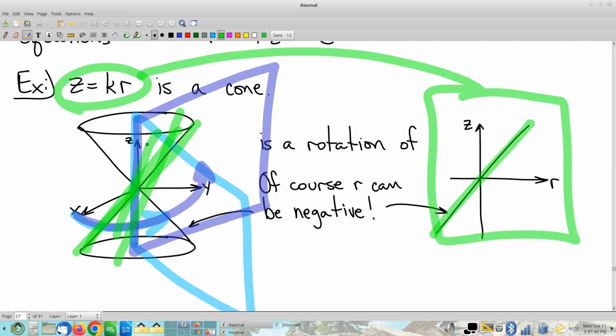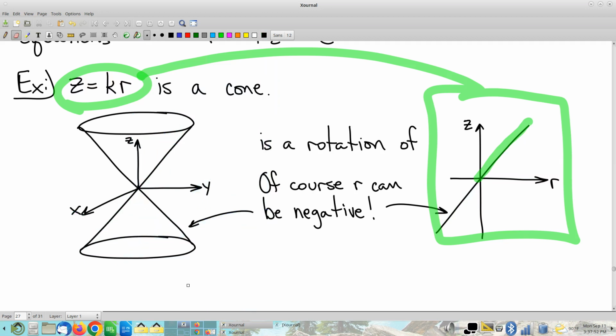Anyway, that was a mistake to try. But let's see. Let me do it one little bit at a time. Let's start with the positive values of r there, and we're going to get cross sections that look like that for every different value of theta. This gives us the top part of the cone, and then you can also imagine, well,